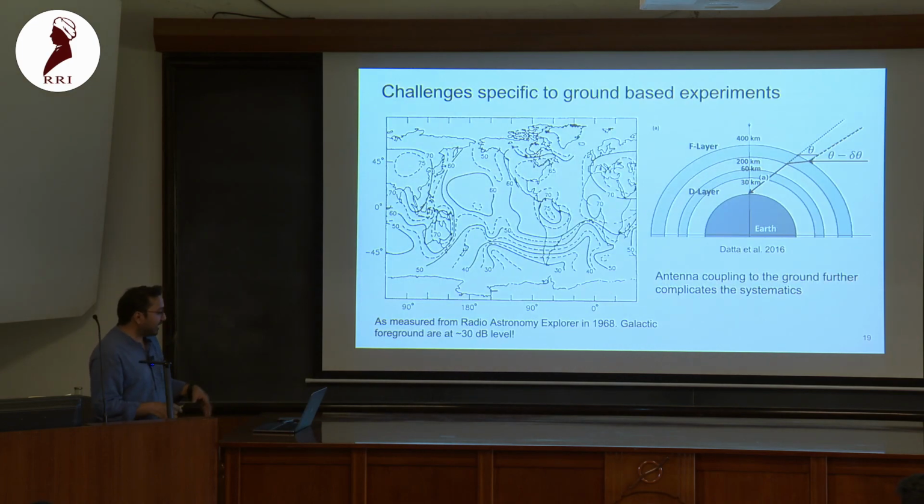But there are some challenges to the ground-based experiment. One is radio frequency interference. I'll probably have to run through these slides, but radio frequency interference is known because it's all FM and TV transmitters. Ionosphere is also a big deal because there are a lot of frequency-dependent refraction effects that happen. And an antenna seated on a dielectric medium, whether it is ground or water, also has its interactions. So all these are very unique problems to ground-based experiments.